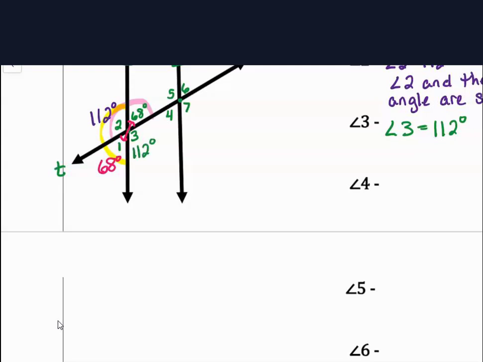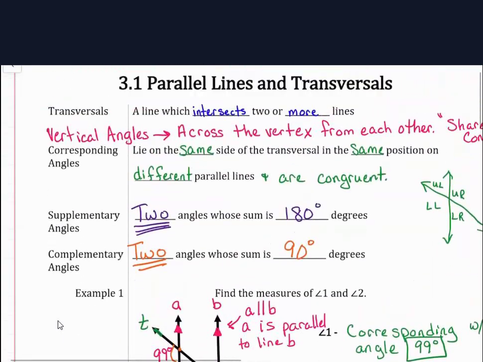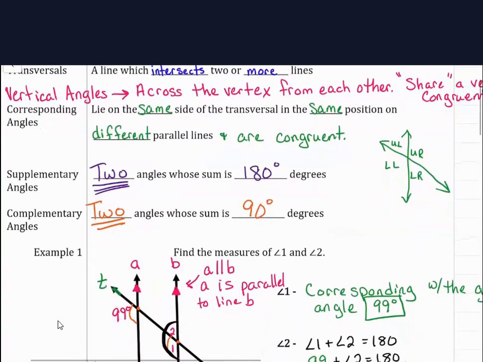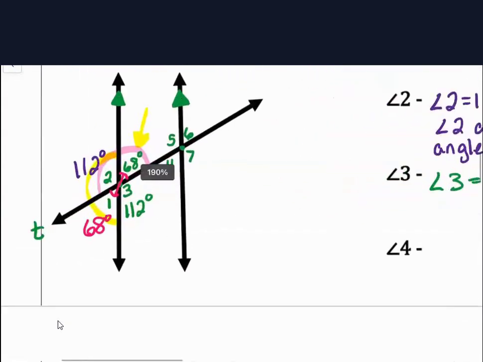112 here. Now we've somehow got to figure out how to put this so that I can figure out these other four. Okay, so again, go back to the angle they gave you. What do you know about an angle that's on different parallel lines? This one says different parallel lines. So corresponding angles lie on the same side of the transversal, in the same position, remember positions, and on different parallel lines. Okay, so we're going to do